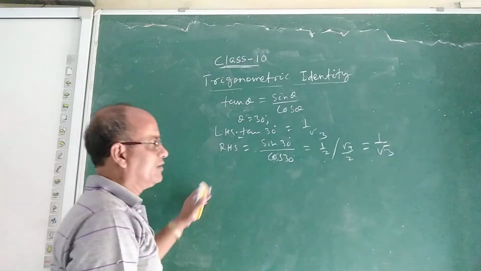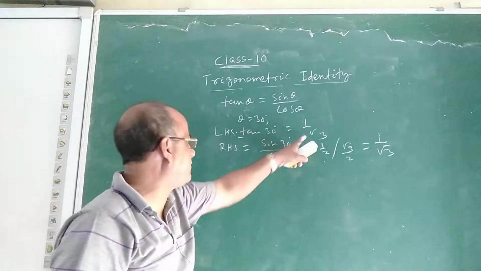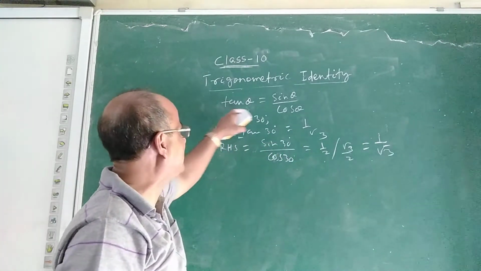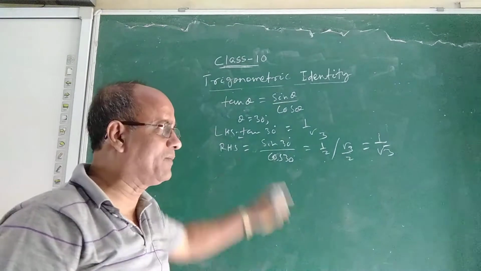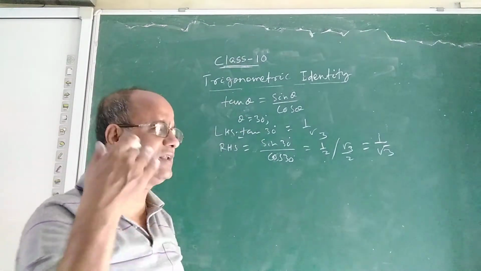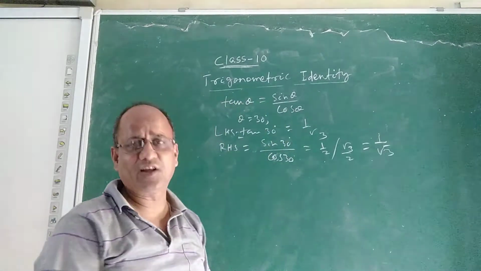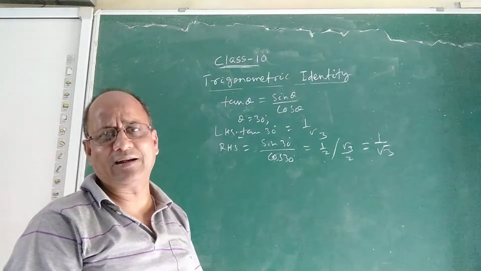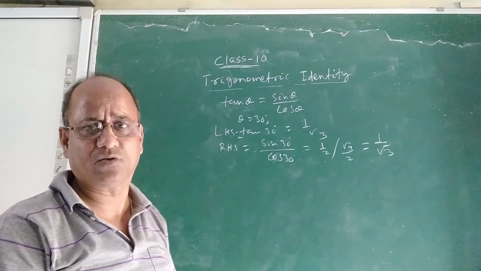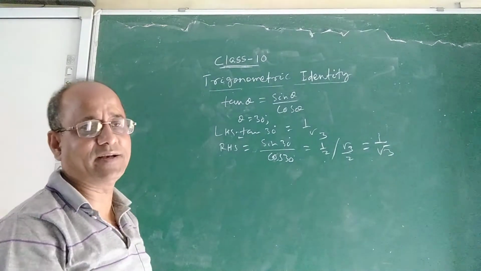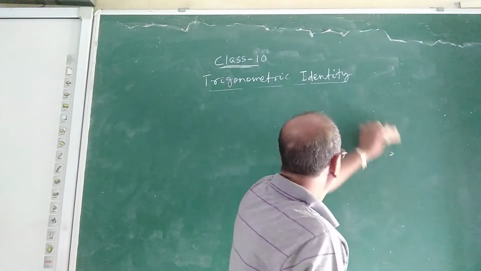The 2s cancel. You see. So what did you see, children? You saw that if theta equal to 30 degrees, LHS is 1 by root 3 and RHS is also 1 by root 3. That means this equation is true for theta equal to 30 degrees. Similarly, in place of 30 degrees, you put 45 degrees, 10 degrees, 20 degrees, any angle for theta, and you will always find that this equation is true. Hence, this is a trigonometric identity. So, a trigonometric identity is an identity which is true for all values of theta or the angle present in the equation. Okay. Now, we will discuss the main identities that are given in your book. So, let me discuss a very interesting and important identity.